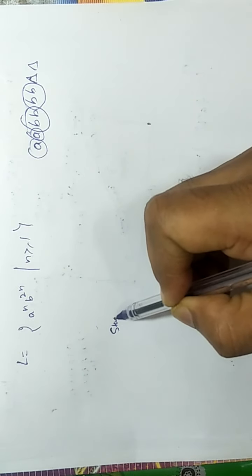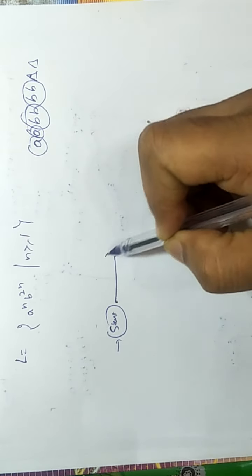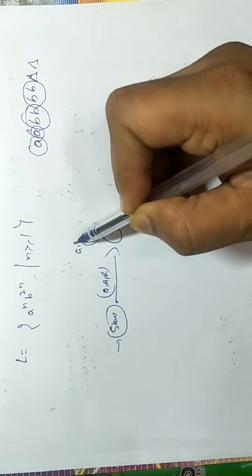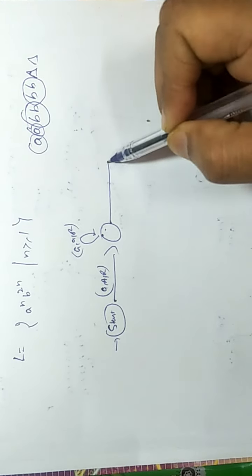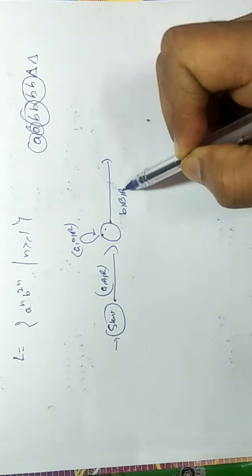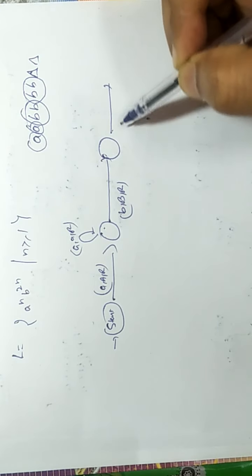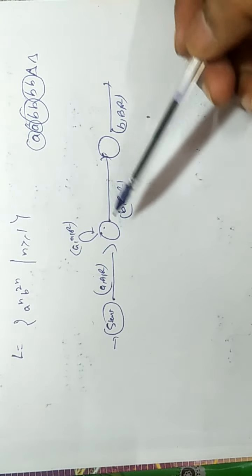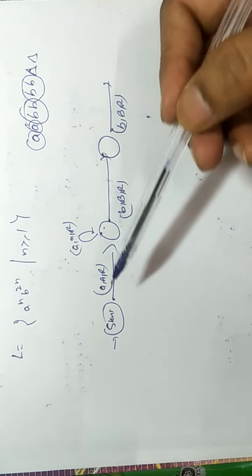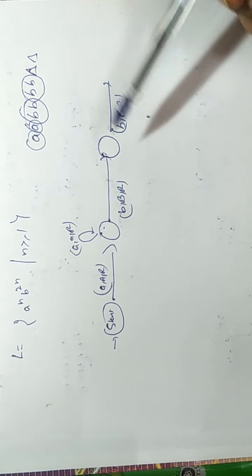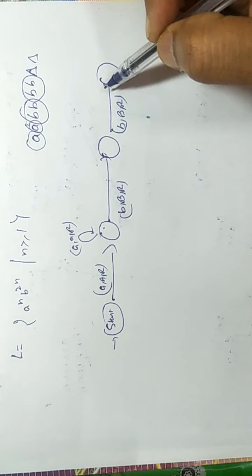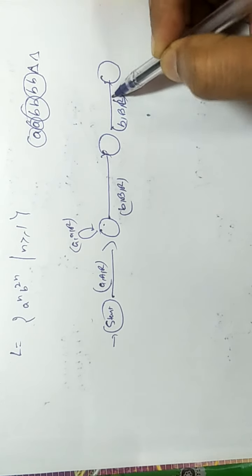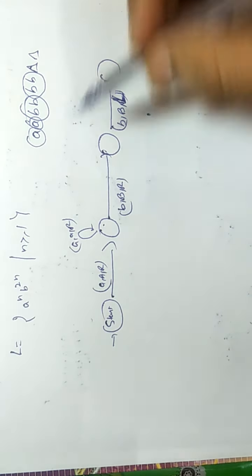So at the start you get first small a, change it to capital A. You will get more small a's, leaving them unchanged. You will get a small b, change it to capital B and move to right, and you will get one more small b and change it to capital B and move to right. For one small a you are marking 2 small b, and then you marked first small b, move to right, then you mark second small b, now move to left for another small a.